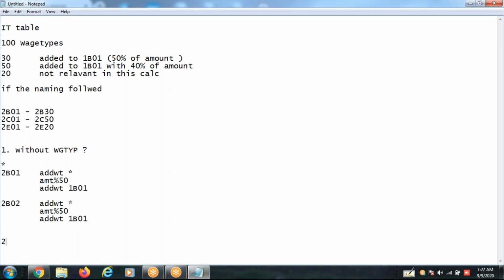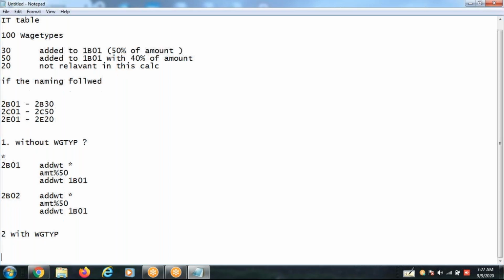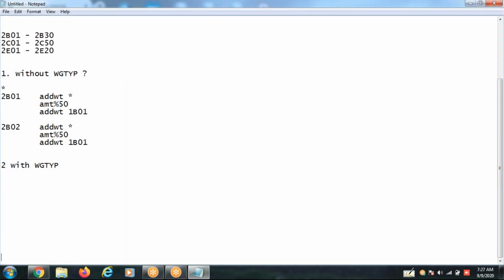Second, with wage type operation, how do you write it? We can use VALEN 2 and then query wage type for 2B.